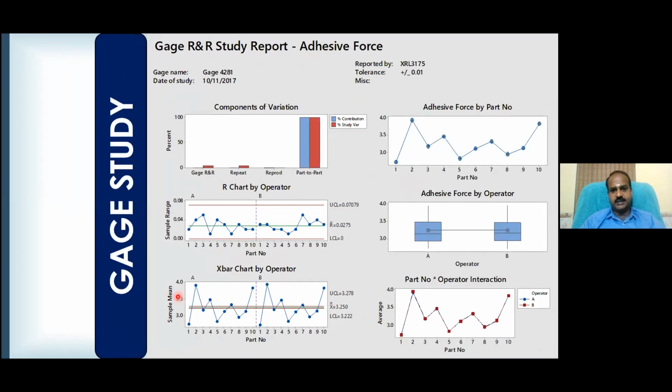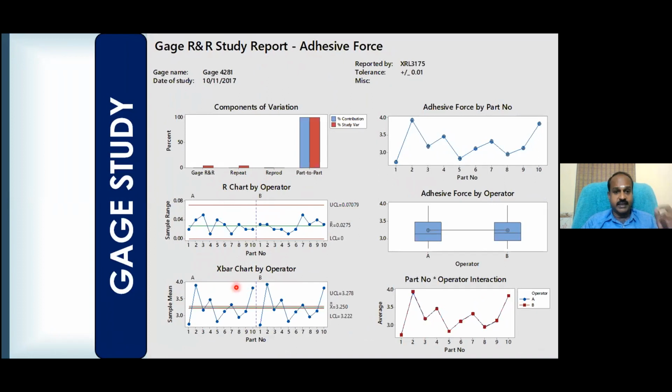In case the error is more, why is it more? How do I sort it out? How do I reduce it? With the same data given by all of you, I can generate 6 graphs. The first one is a bar chart. The next one is a control chart, particularly called R chart. R means range. The next one is called X bar chart.